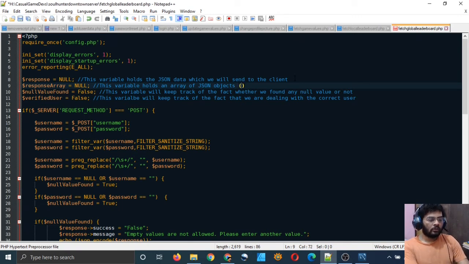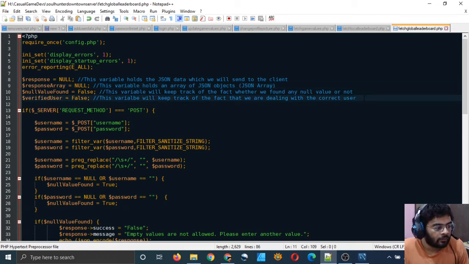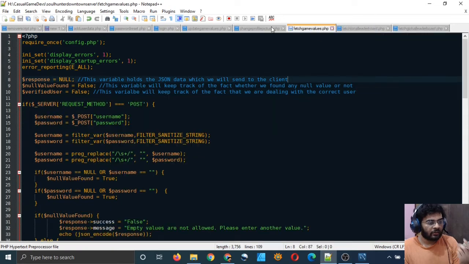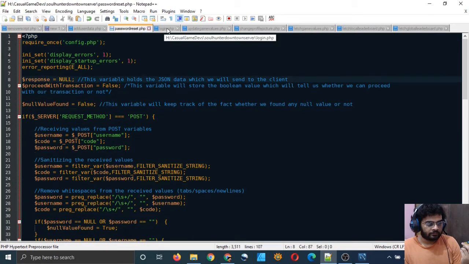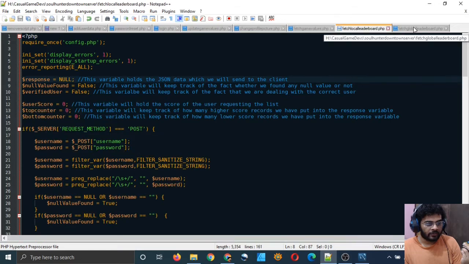It actually has a special name, it's called a JSON array. So there are two types of variables where you can store JSON data. The first type is a JSON object and the second is a JSON array. A JSON array contains lots of JSON objects, right? So that's what I have made here. We don't need a JSON array in all these other scripts.